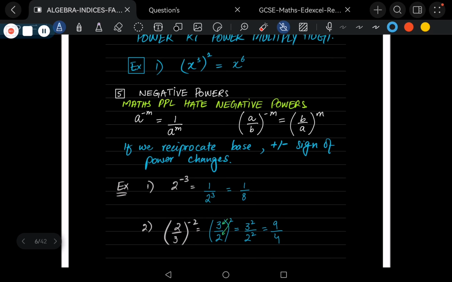Okay. Next one, if you are working with a negative power, students, always remember you cannot find the answer for the negative power. You must make the power positive. If you have the number 2 power